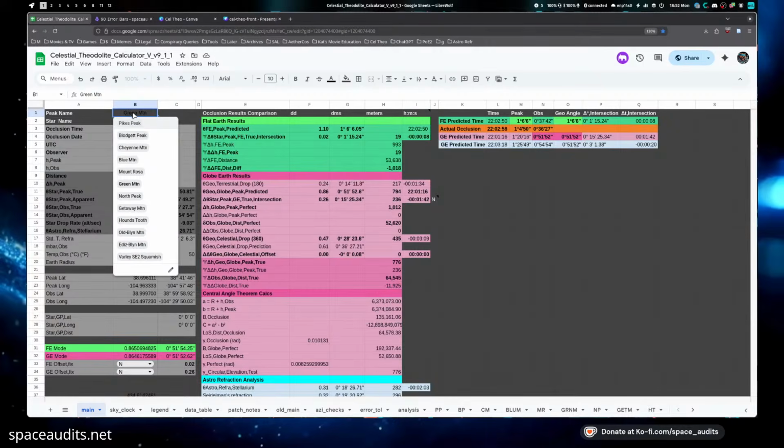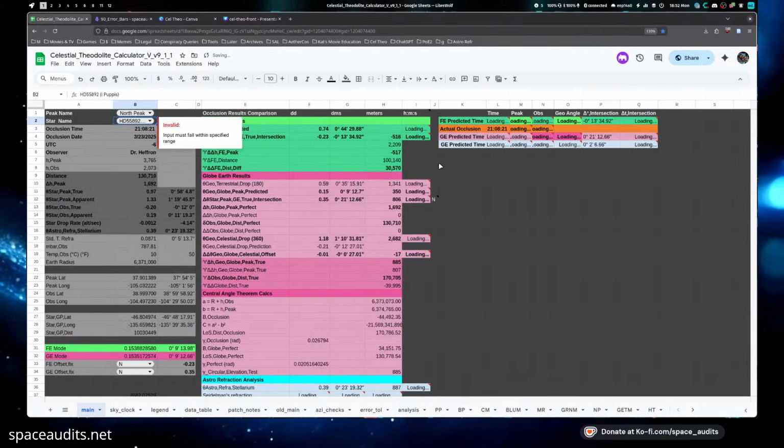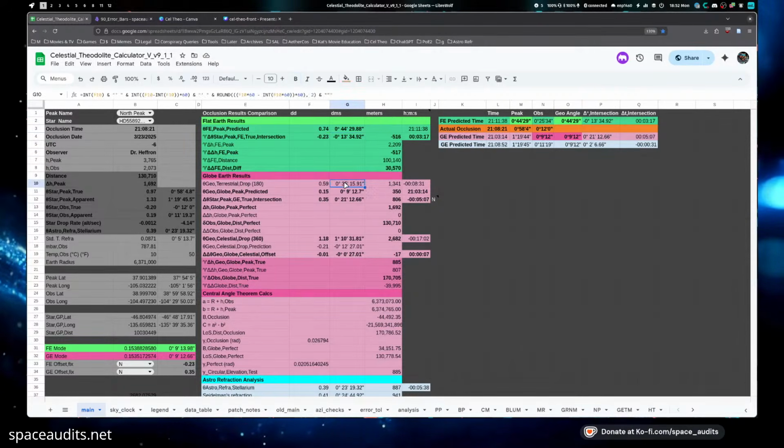Still should take 6 minutes to set into that peak. Or sorry, 6 seconds. So for North Peak, we have a 13 arc minute difference for us. They predict 35 arc minutes of drop over this distance. This is the longest distance for the celestial theodolite for the terrestrial observations. We have 130 kilometers. And for the drop, that comes out to be 35 arc minutes, which is 1,340 meters,